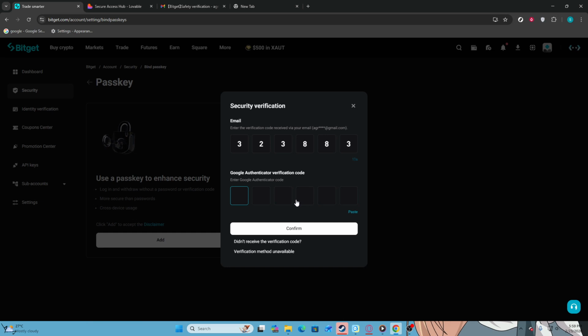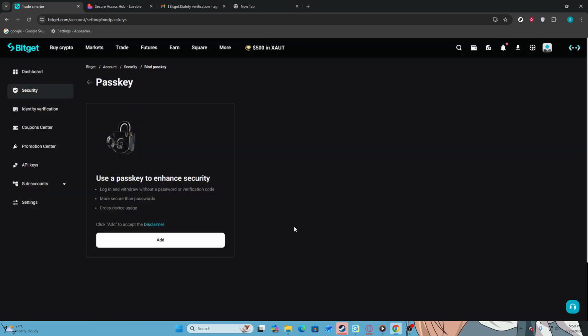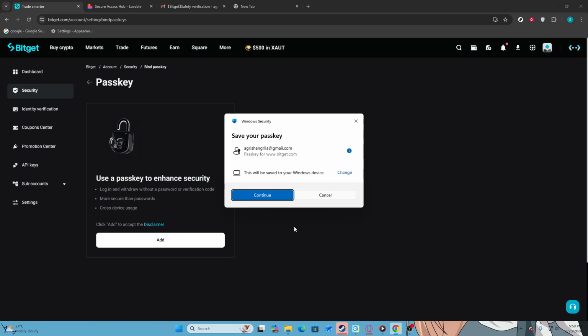Now, type in the code generated by your Google Authenticator app. This code is time sensitive, so make sure to enter it promptly. Wait for the system to verify this code before moving on. Finally, click on Confirm to finalize the passkey setup. This action will complete the process of enabling your passkey on Bitget. You should see a confirmation message indicating that the passkey has been successfully